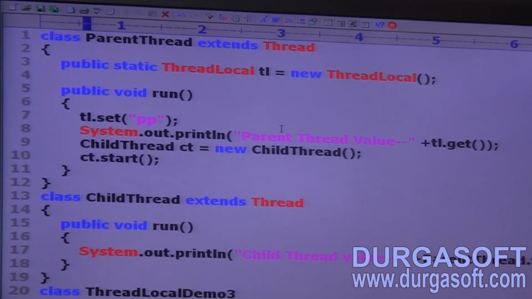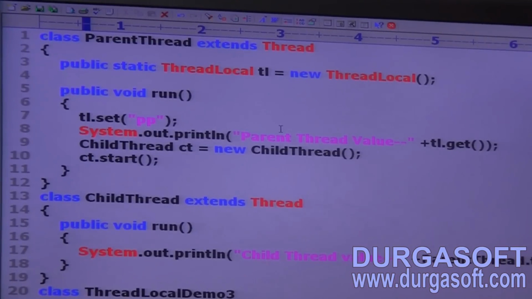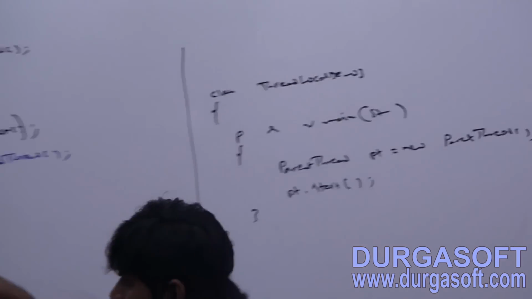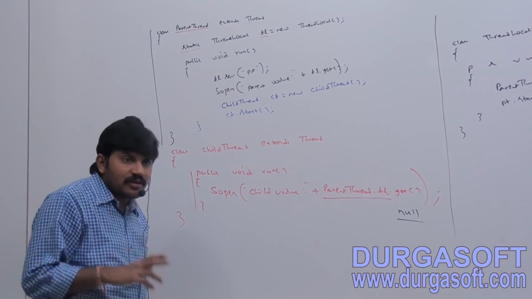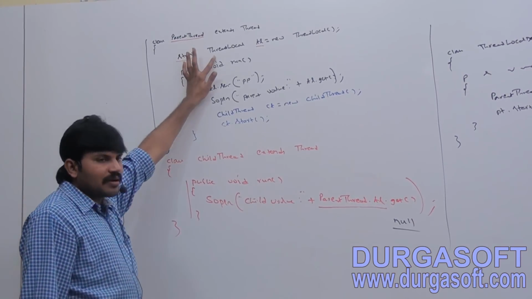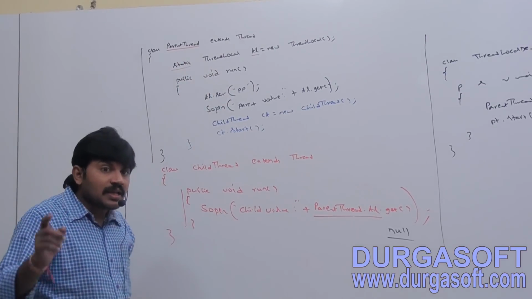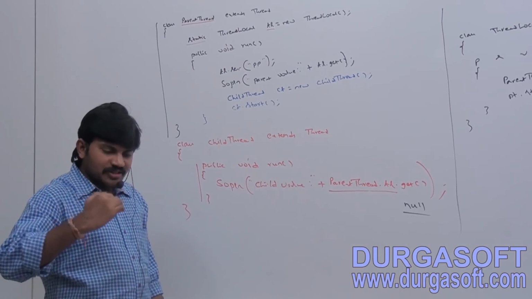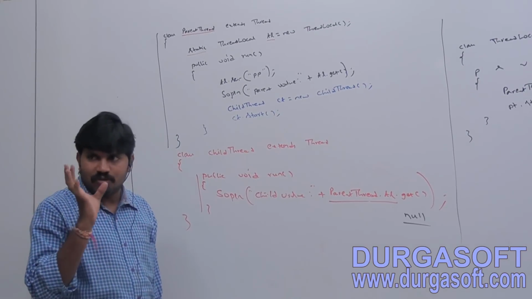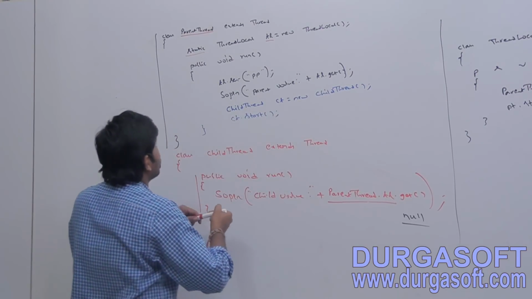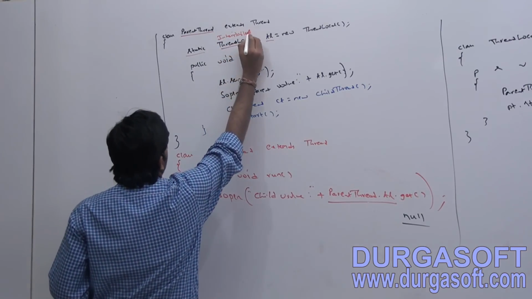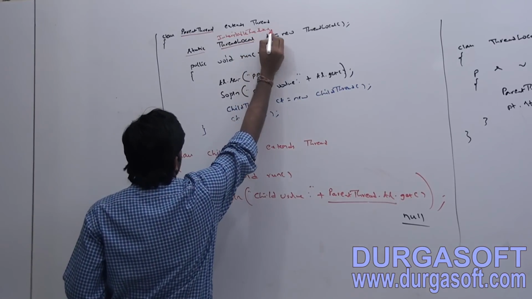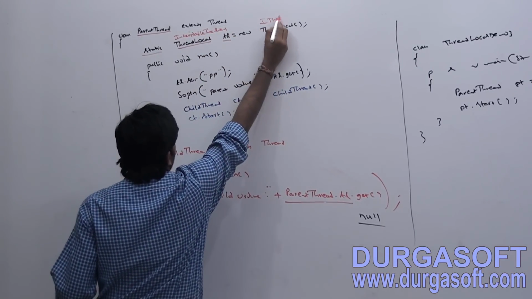Now take very special care about this terminology, right? Sir, I want the parent thread local variable value in the child thread. If you want the parent thread local variable value in the child thread, then don't go for thread local, better to go for inheritable thread local. Okay, a child class of thread local. A special case of thread local is what? Inheritable thread local. Sir, here instead of thread local we have to go for what? Inheritable thread local. Okay, TL is equal to new InheritableThreadLocal, like.